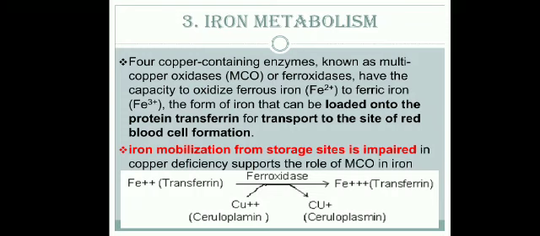Here, as shown in this equation, the iron in the Fe2+ state, that is the ferrous state, is oxidized by peroxidase into the Fe3+ state, which is then incorporated into transferrin. Now, this oxidation of ferrous is helped by the self-reduction of Cu2+ present in ceruloplasmin into the cuprous ion, Cu+ state.